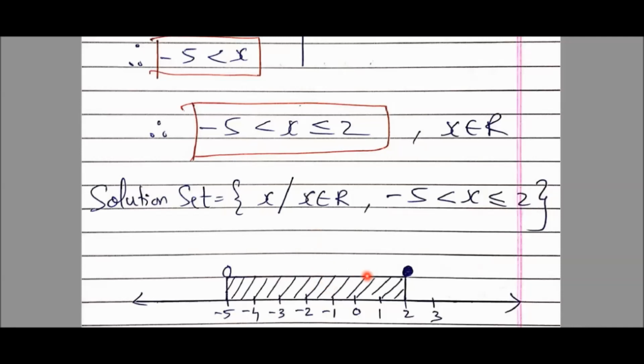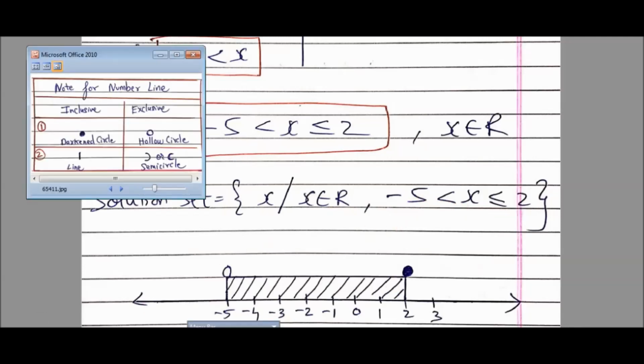So we have something here. First time we are drawing a bridge now. We can see -5 is not inclusive to x. Understanding, students? See, once again, if you want, I can highlight this note. -5 here, see this -5 is not inclusive to x.